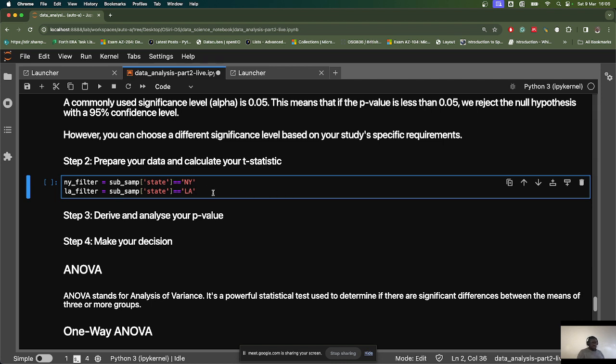Now the next thing we want to do is filter our subsample, and then we are saying that we are looking at